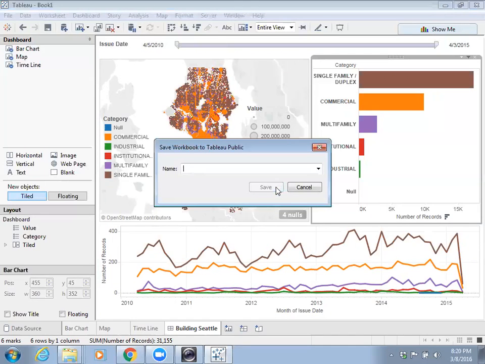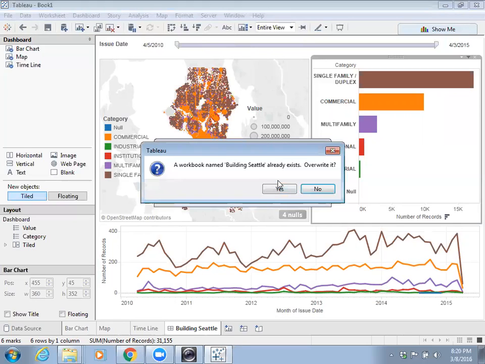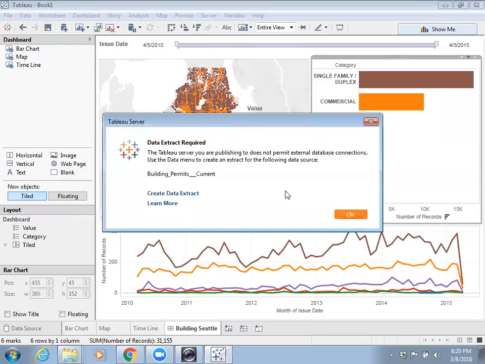Okay. And I can give any name I want. Let's see, I'm going to override that one. Okay, now that's another thing. The Tableau server you're publishing to does not permit external data connection. So it's asking me to convert that data